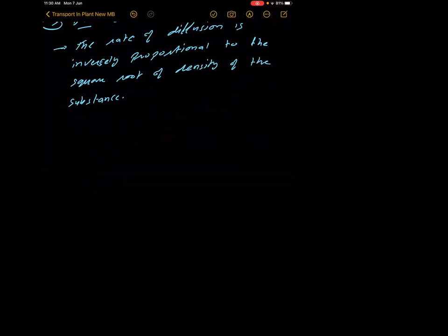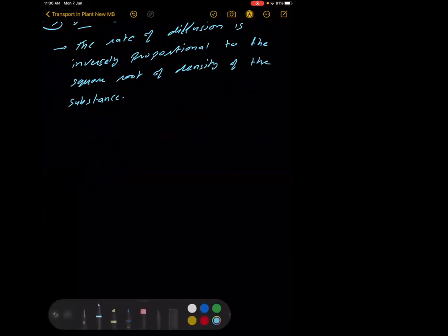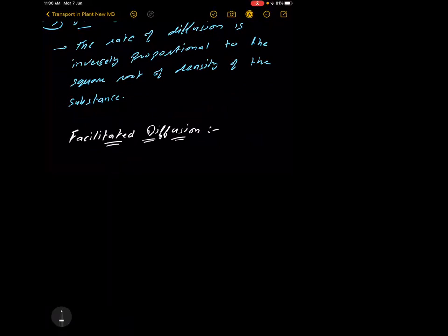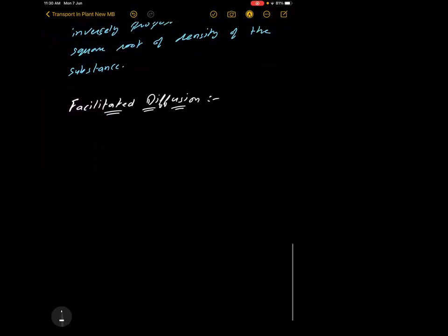So the next term is facilitated diffusion. Here, actually, the plasma membrane